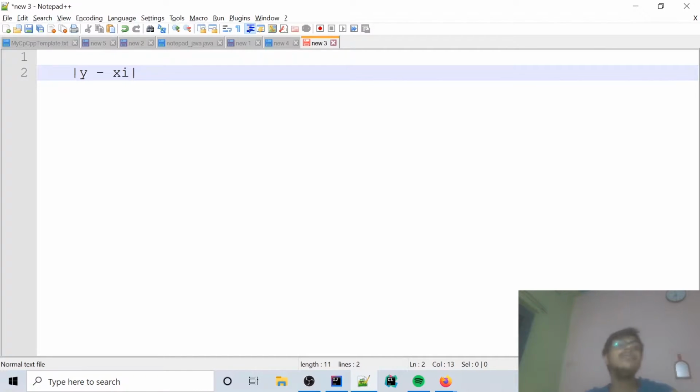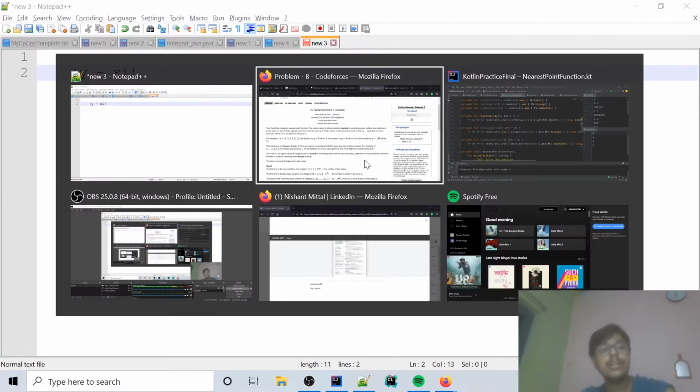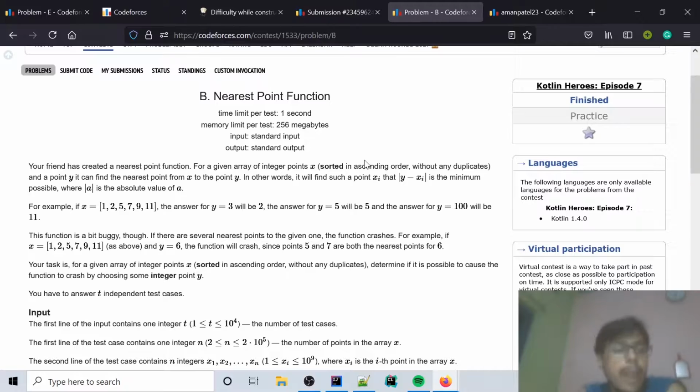Even if the answer comes out positive, the result will be positive of the same magnitude, and if the answer comes out negative of the same magnitude, the ultimate result will again be positive. So I'm saying that this function can give two equal values. This is something you need to take care of in your mind. Okay, now if we proceed,